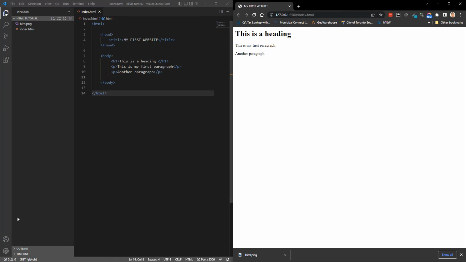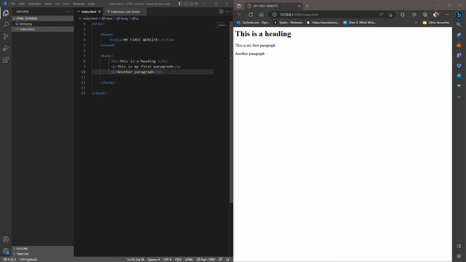In order to add an image to the web page, we must use the img tag. We must then give the tag the path to the image. We can do this by setting some properties within the tag itself. The path to the image is set by using src equals then open and closing quotation marks. The path is then placed within the quotation marks. We placed the image in the same folder as our index.html file, so we can simply type src equals opening